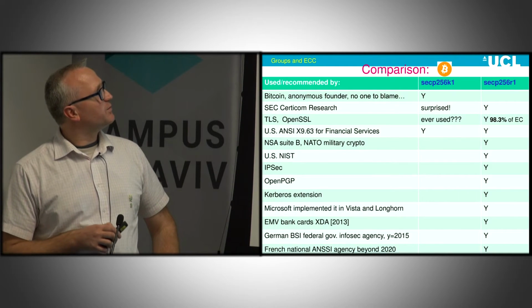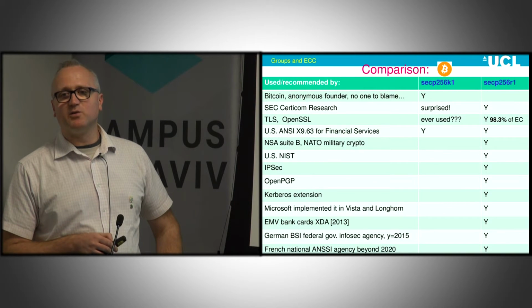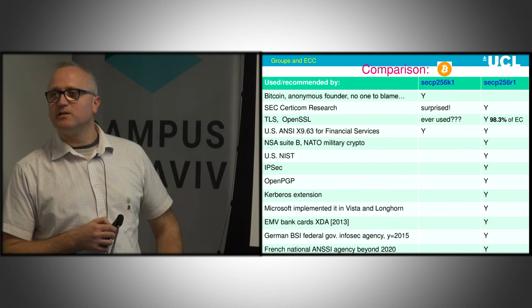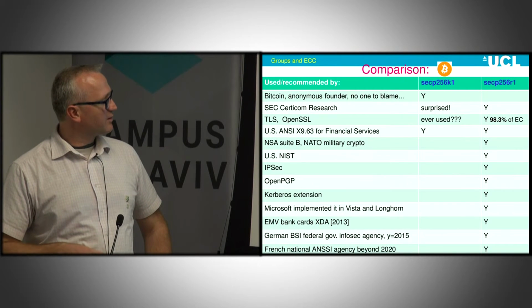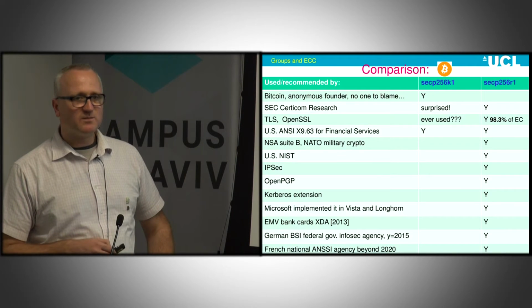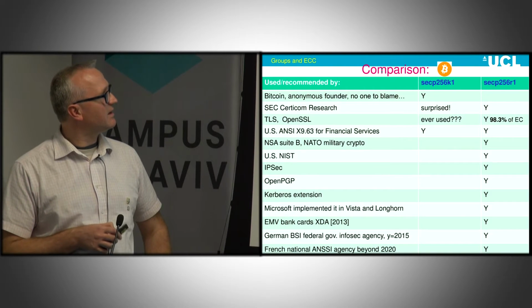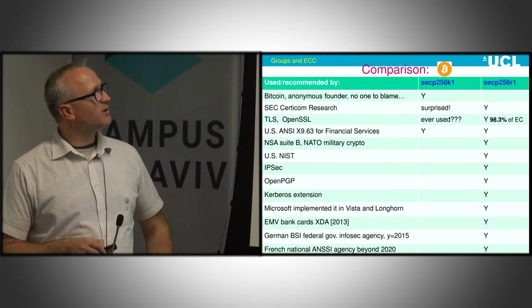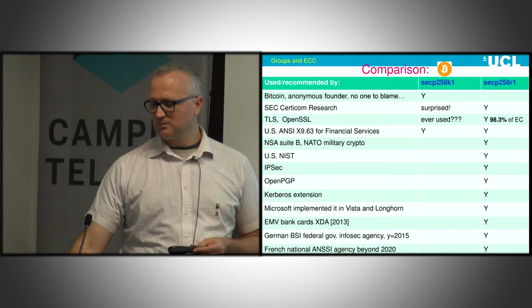This curve is supported in OpenSSL, but as far as I know, is never used. And many clones of OpenSSL just don't even implement it. So everybody, you ask the German government, they approved this curve until year 2015. Bankcards, Microsoft, Kerberos, everyone. NIST, the NSA, they use this elliptic curve. Bitcoin uses something very bizarre. Why is that? I don't know.